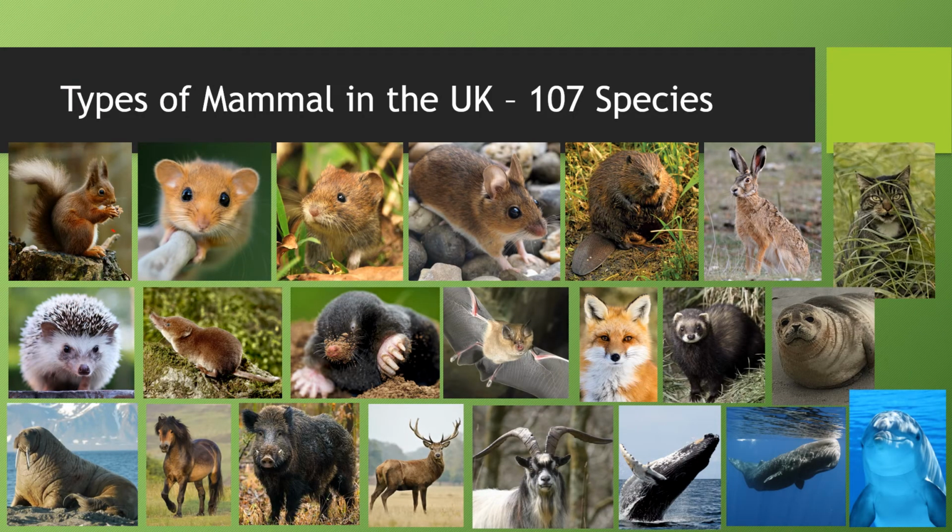So in the UK, there are 107 different species of mammal, all of which can be categorised under 10 different orders. I'm going to be saying the Latin names, so please bear with me with my pronunciation. But first we'll start off with Rodentia, which is squirrels, dormice, voles, rats and mice, and beavers. Then we have Lagomorpha, which is hares,